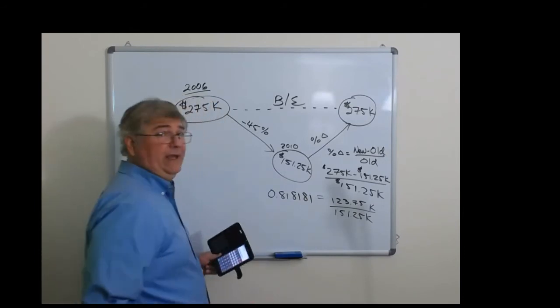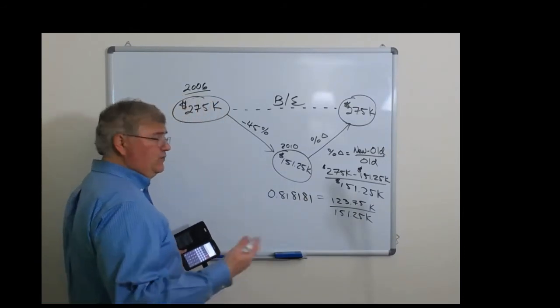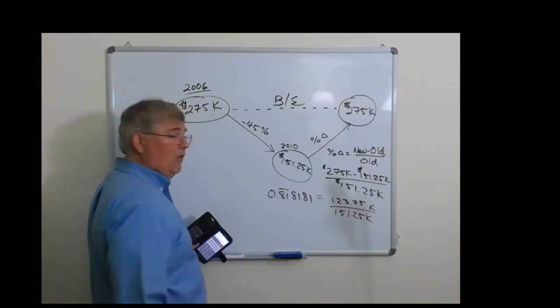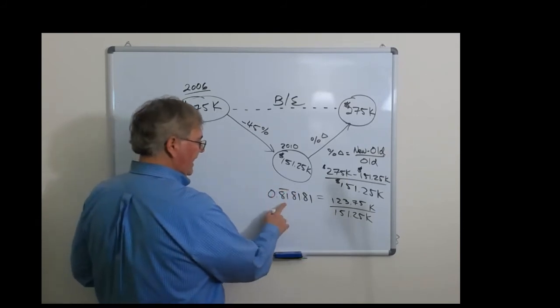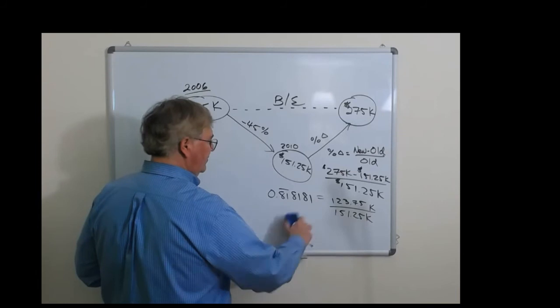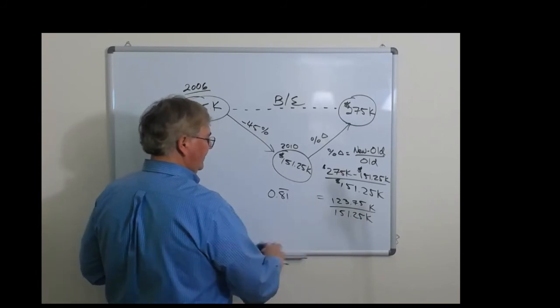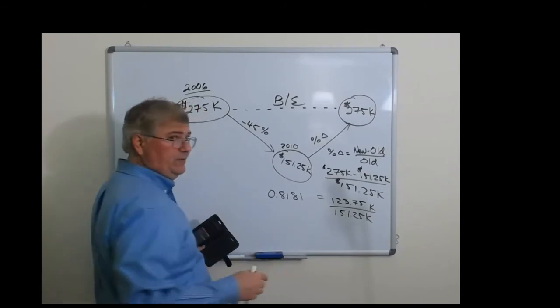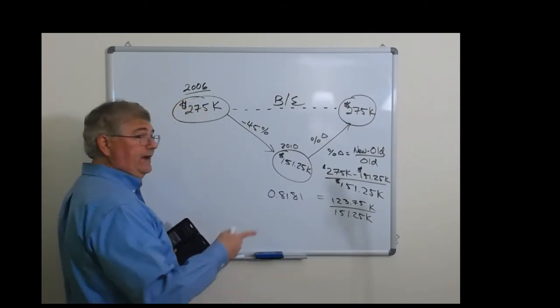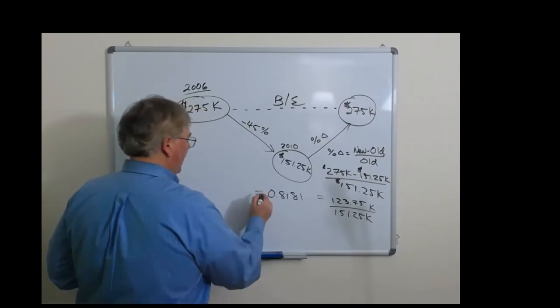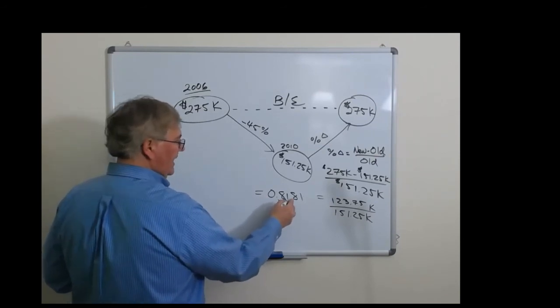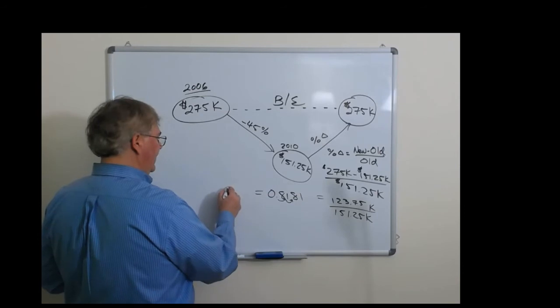0.818181, repeating. Now, the way you write repeating within decimals is you just draw a bar over the part that's repeating, 818181. You don't need to write all of this necessarily. You could just write it as 0.81. But since we're dealing with percentages, I'd like to show you how to write this as a percentage. I would write this, converting to percentages, 1, 2, and add your percentage sign. So you get